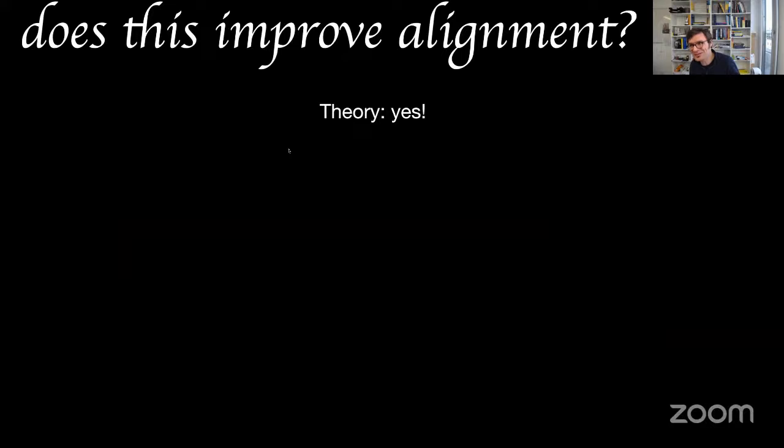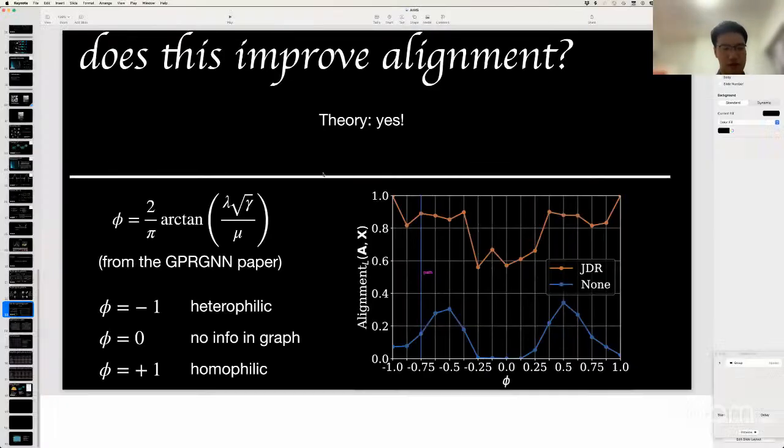In a day or two we'll have a new camera-ready version, but a version is already there. It says that I have a cSBM setting. I have my A, my X, and I can take eigenvectors or singular vectors of both. And then there exists a small eta such that if I do this interpolation with a small eta and then resynthesize, I get something that's better aligned with the labels. I see. So it's a simple result, but it says that this is not going to do something crazy, it's going to improve things, right? Yeah. Thanks a lot.